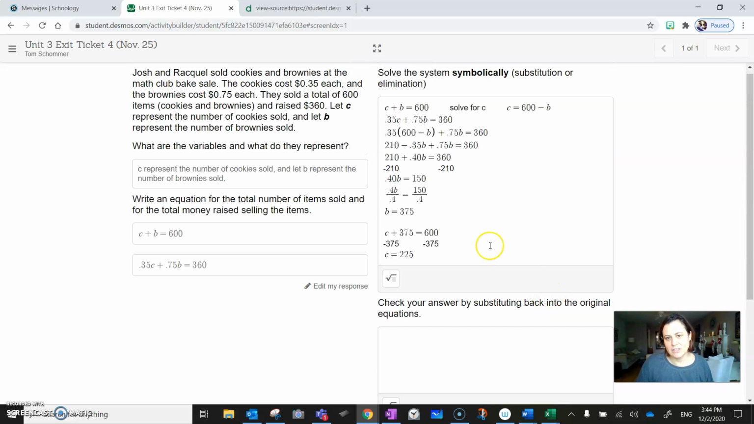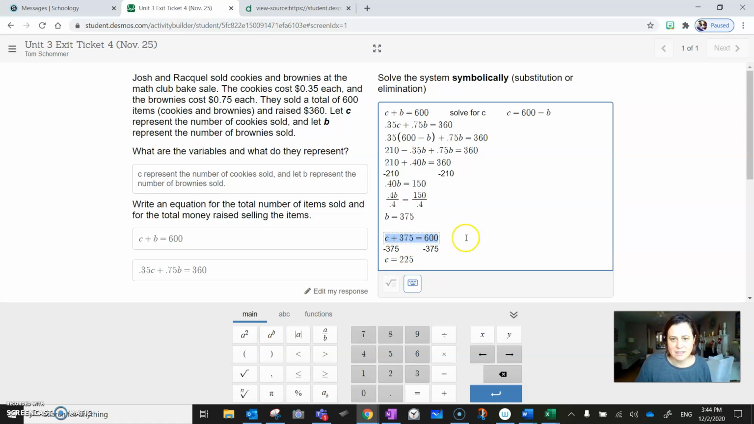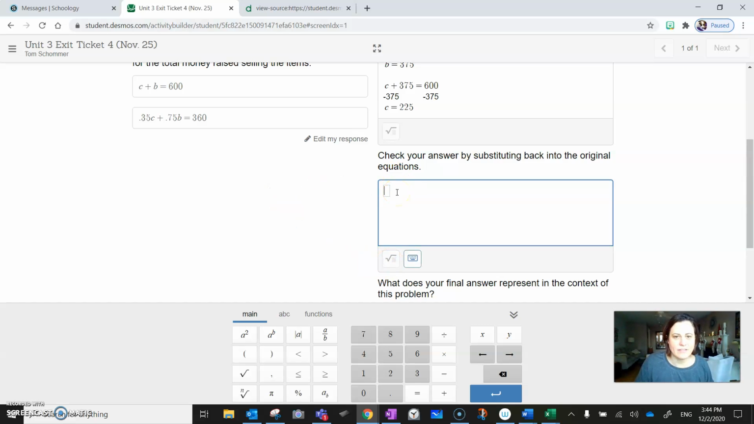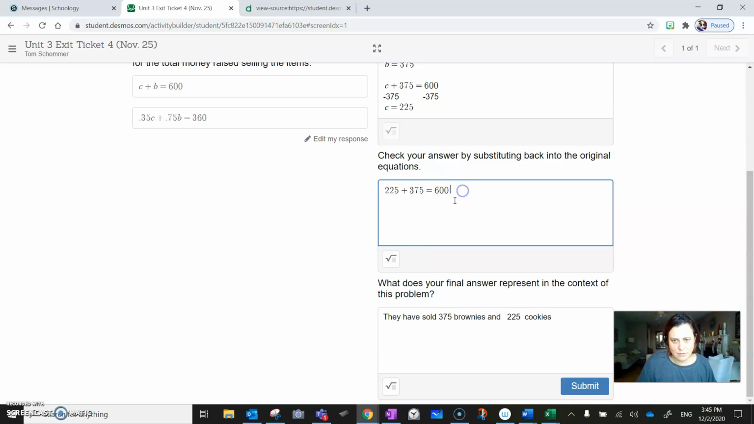So they asked us to check your work by substituting it back into the original equation. I'm going to just grab this to make it fast. So 375 brownies and 225 cookies really does equal 600. So I'm just going to write